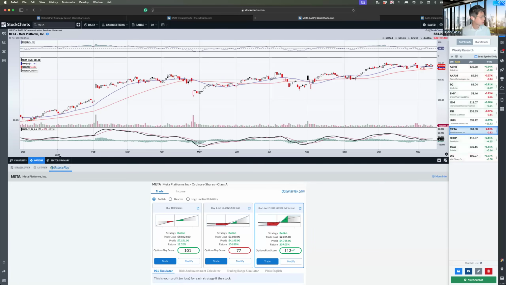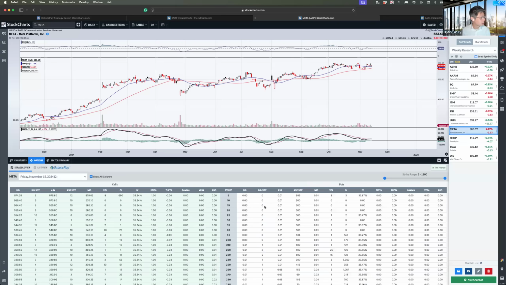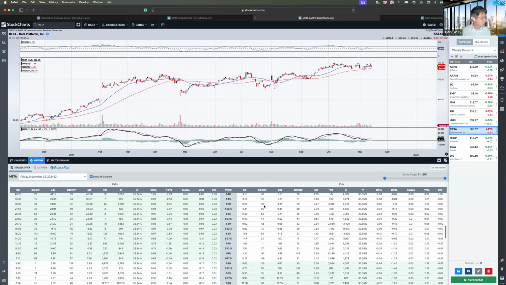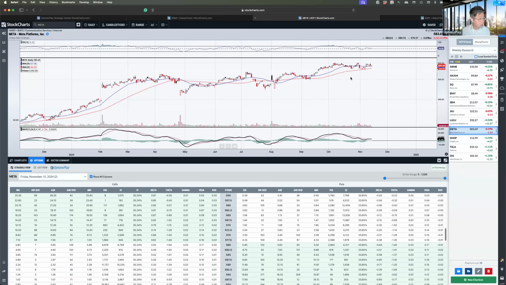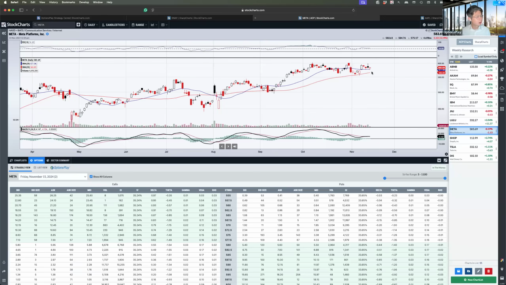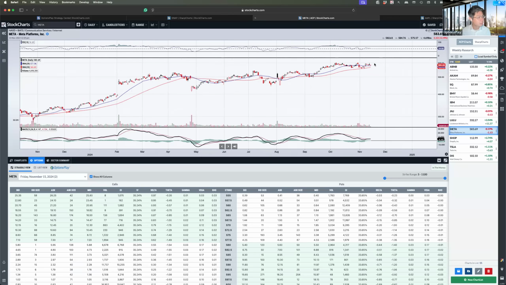And one of the challenges that I think a lot of traders have when you're using charting packages like this, especially options traders, is that when you look at a chart like this, you still need to have a separate tool up to look at option strategies on that specific chart. And a lot of times people have an options chain that looks like this, right? So if you're looking at a stock like Meta, which happens to be a stock that I particularly like at the moment, and you're trying to figure out how to structure that option strategy on Meta,